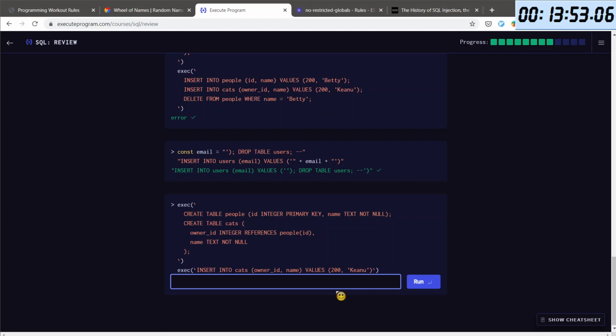Next one. We are creating a table of people. Creating table people. Two fields, two columns, ID and name. Then we have cat. That's the same thing as we did before. And now I already can see that we will get error. And the error is because we are inserting into cat with owner ID, which is not in the people table. So that means that I will turn off my